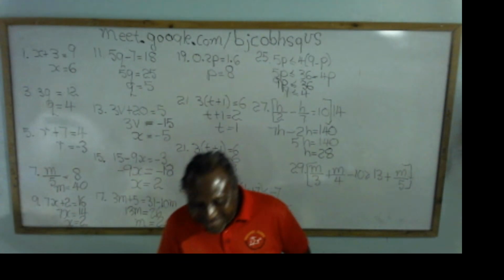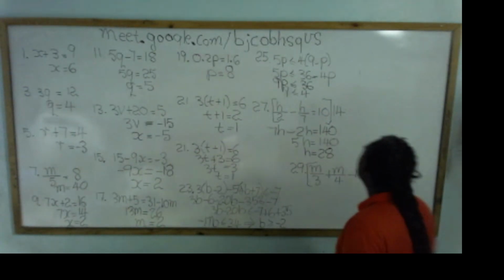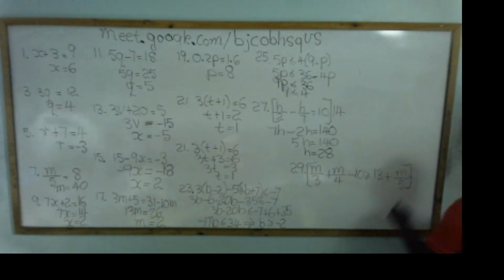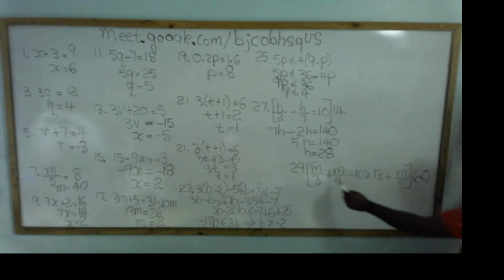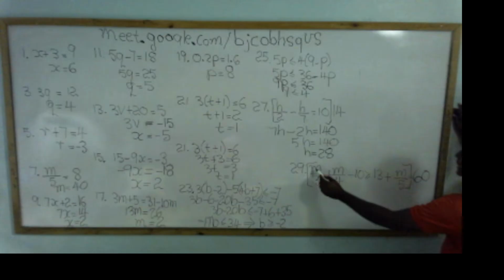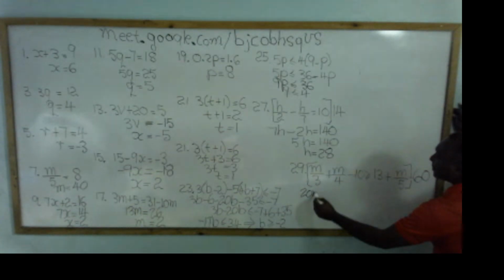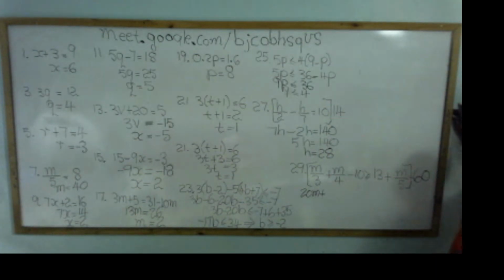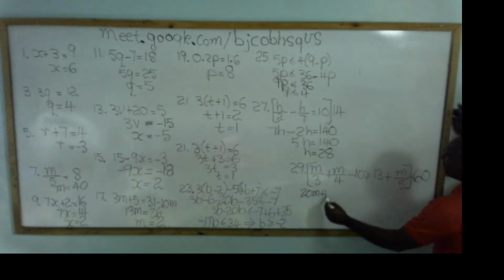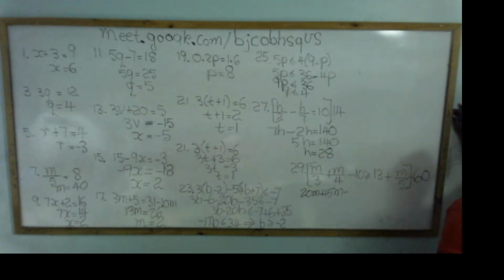Oh, 60. So let's use our 60. And what do we say? 3 into 60 is 20, and 20 times m is 20m. 4 into 60 is 15, and 15 times m is 15m. We cannot leave the negative 10, we need to multiply by 60, negative 600. Greater than or equal to